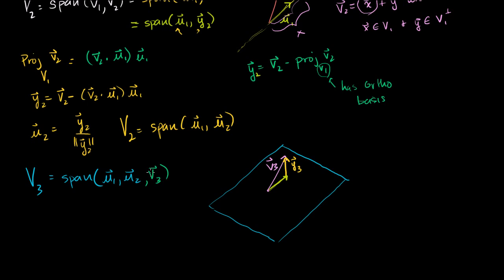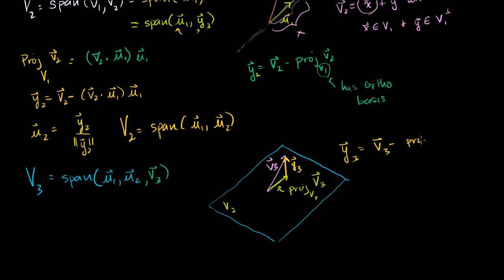So if we replace him with y3, we can still get to v3, and we can still get to all of the linear combinations that v3 can help construct. So what is this y3? Well, by the same exact logic, this green vector right here is the projection of my vector v3 onto the subspace V2, and your vector y3 is just equal to the vector v3